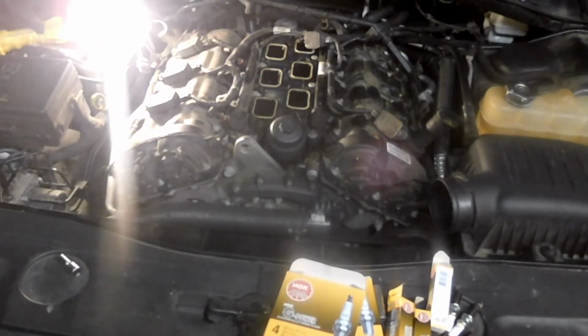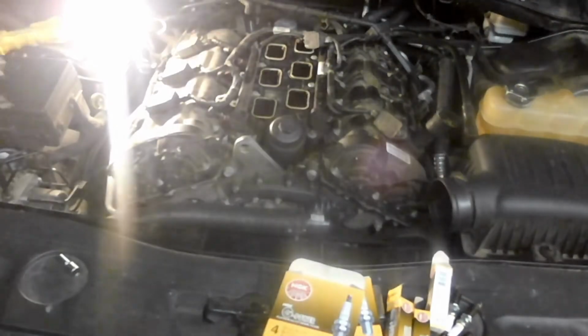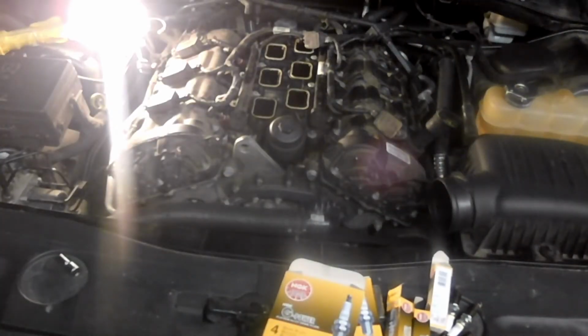looked like it was arcing off to the side. So we went on and put the plugs in it, and